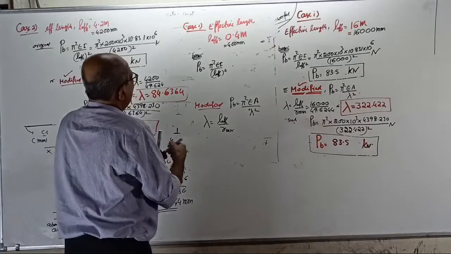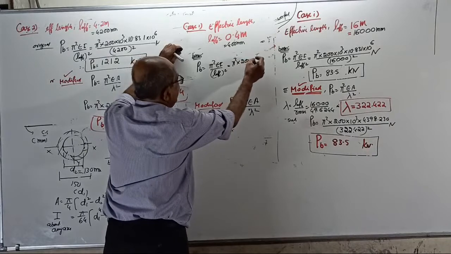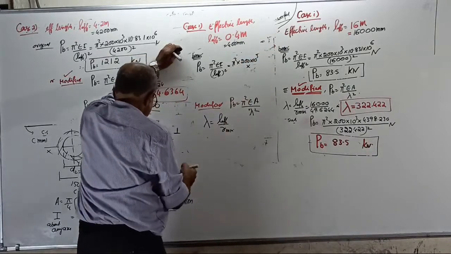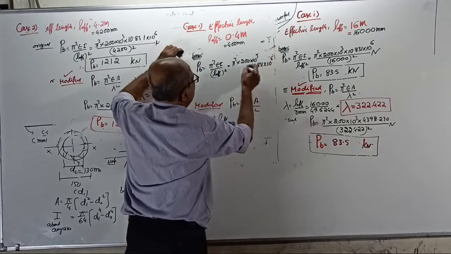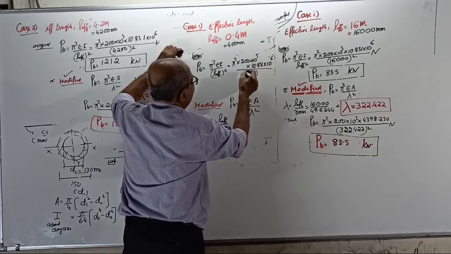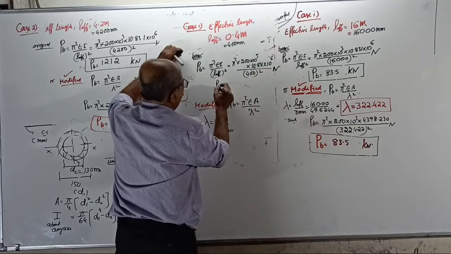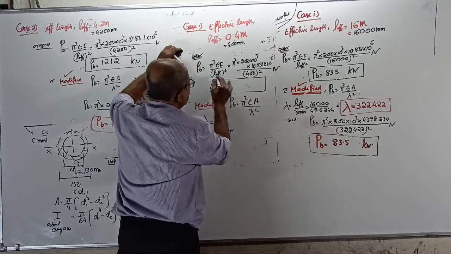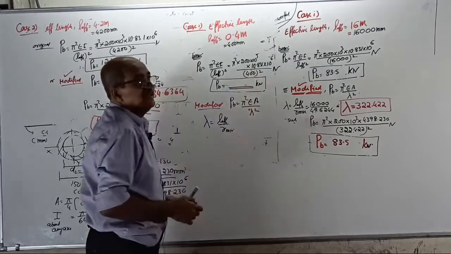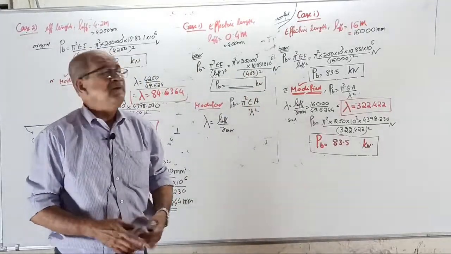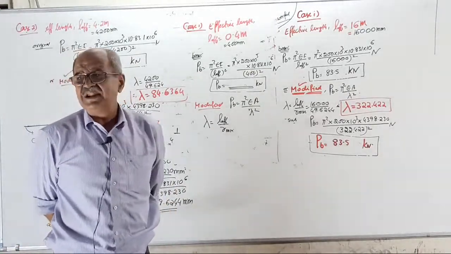See, PB equal to pi square into 200 into 10 to the power 3 into I is, where is I? 10.831 into 10 to the power 6 divided by 400 square. It comes in Newton. Tell the value in kilonewton. I will tell you later why I am so sure. I first told impossible. Then when the reply came, I am getting same answer once again. I told 100% not possible.